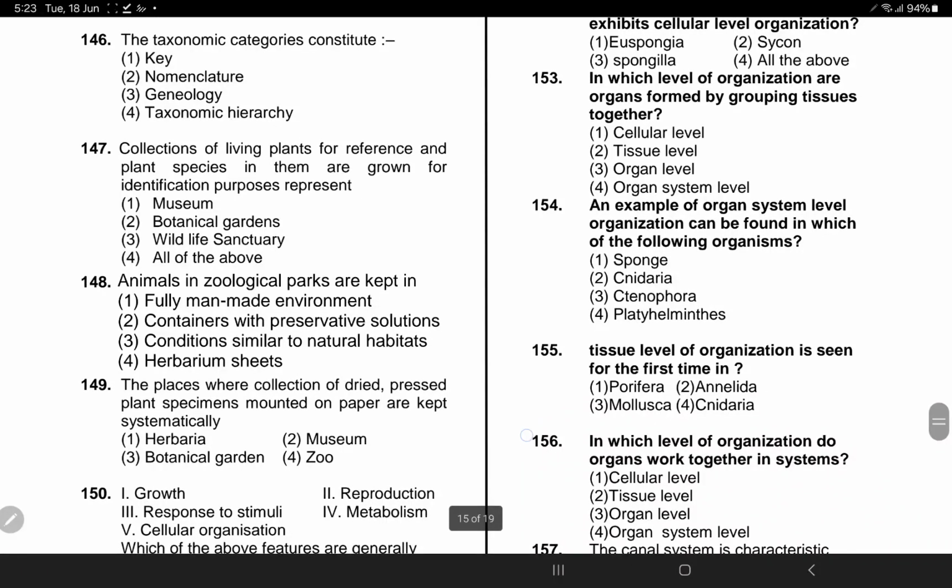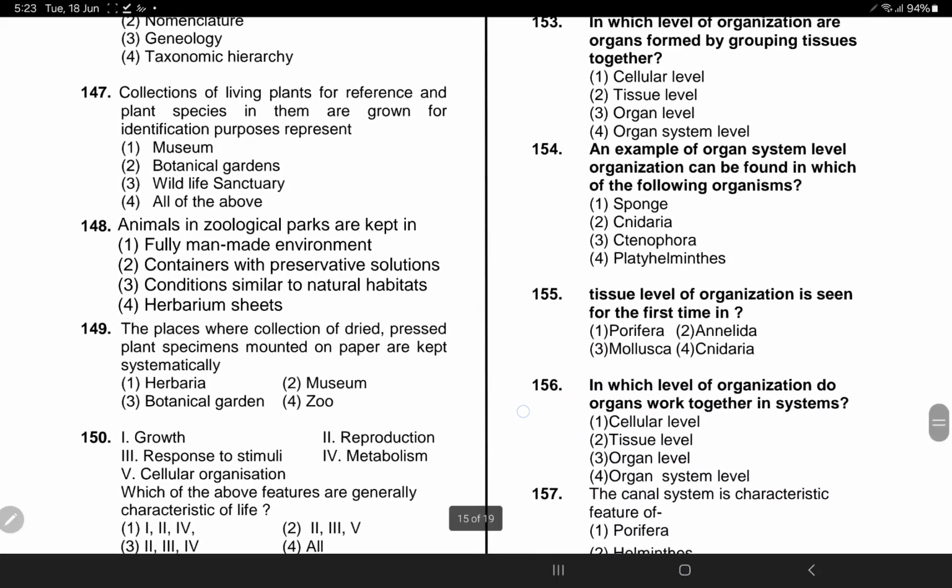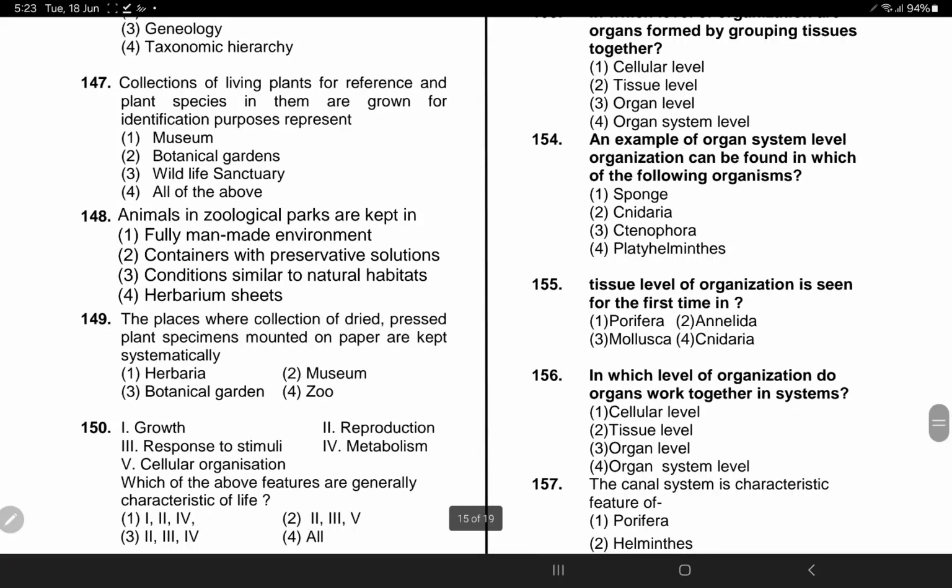Growth, reproduction, responding to stimuli, metabolism, which of the following are generally the characteristics of life? All are characteristics of life. Except growth, the remaining are all defining characteristic features, but all will come under general characters of life. So these are all the questions